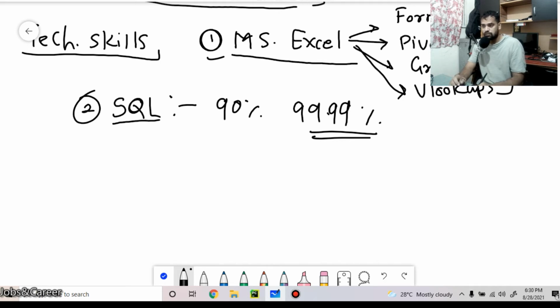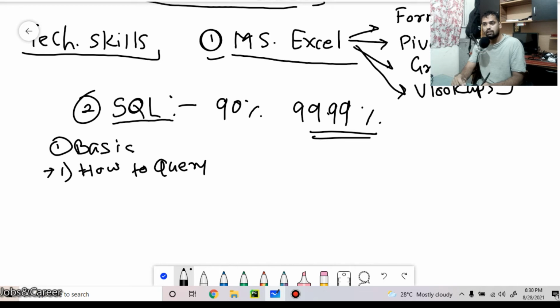So you need to learn basic SQL. It is not required to be advanced in SQL, but you should know the basic tasks. You should know how to query the data. Then you should know how to perform multiple joins in SQL. Third one is logic building.